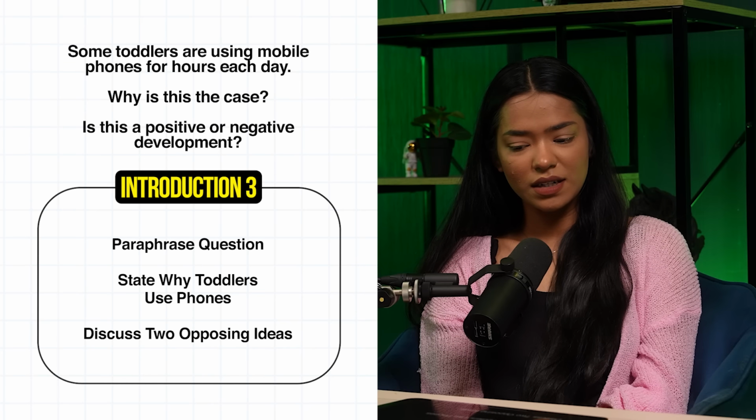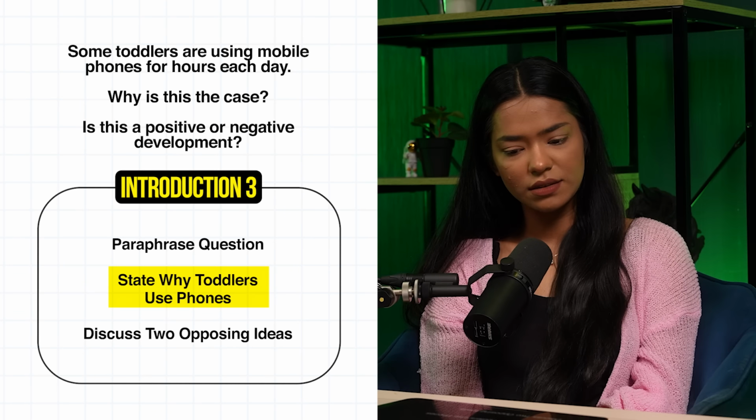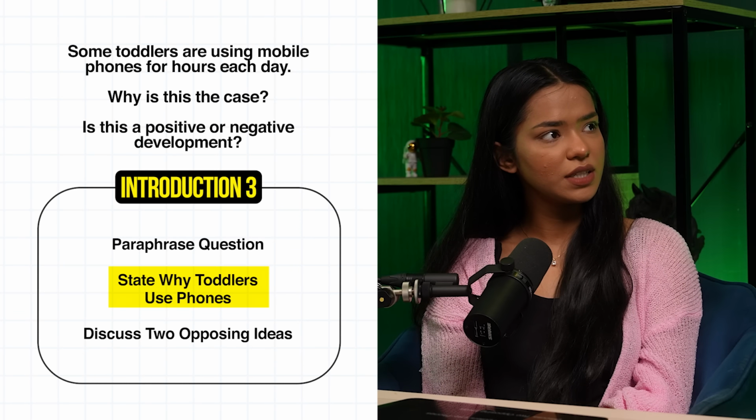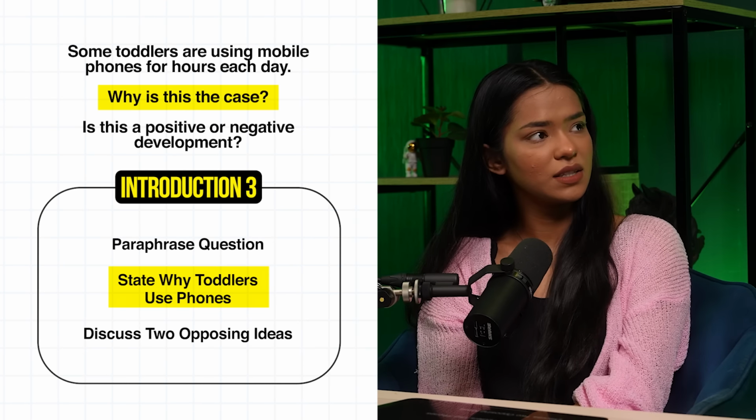What is wrong with this one? The question doesn't ask why toddlers use phones, and hence we won't answer the question. It says, why is this the case? Not why do toddlers use phones. Excellent. Yeah. So why is this the case? It's not really about why toddlers are using phones. It's why parents are letting their toddlers use it. They're toddlers, so they're not really making their own choices. Hopefully it's their parents supervising them.